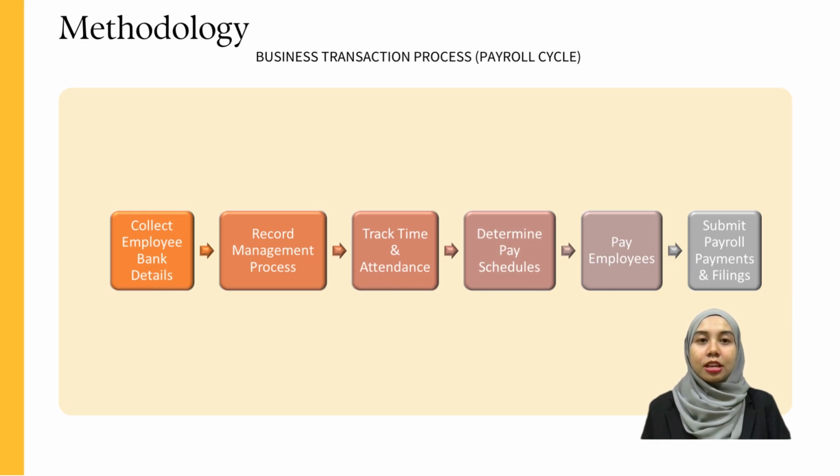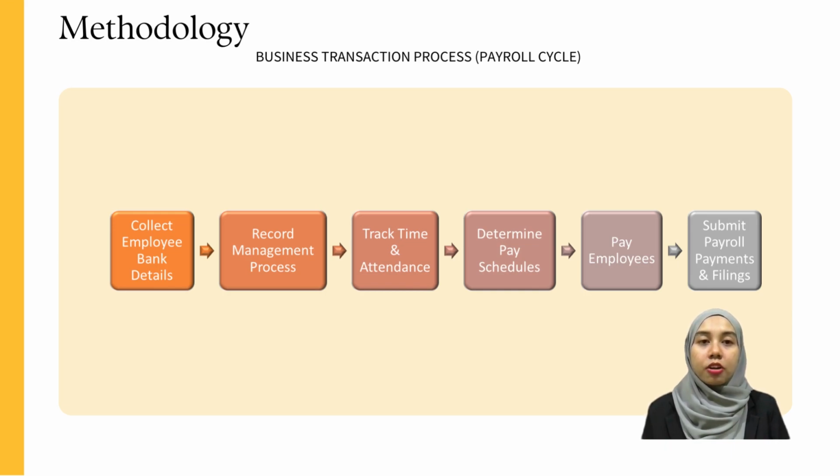Today, I will explain about business transaction process, payroll cycle, and physical DFD. Business transaction process. Manager Sir Cafe & Co. is responsible to collect employee bank details. After all the details complete, the manager will record management process. The way to track time and employees' attendance is by using a punch card. Every month, the manager will submit a punch card report to the cafe owner for payment of staff wages to determine pay schedules. After the manager sends the staff attendance records, the cafe owner will calculate and pay the wages